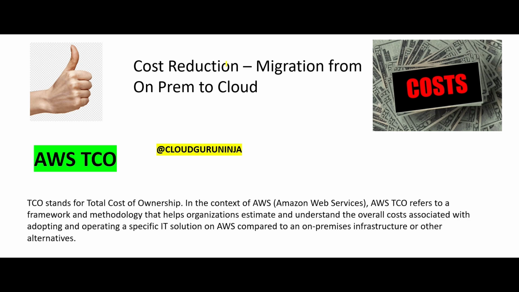You can use TCO, because when you are moving, it is just like you're moving from one apartment to another. Suppose you were staying in a rental apartment, now you bought an apartment. So what will you do? You most likely will move everything: your bed, your sofa sets, TV, refrigerators, microwave. If you have some kebab heaters, you'll move that as well, or kebab ovens. So it is total cost of ownership that is going to happen when you move from on-premises to cloud.